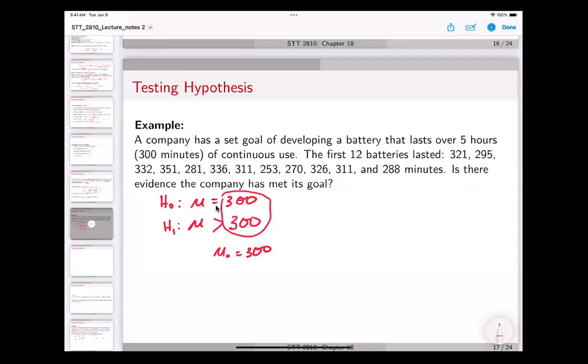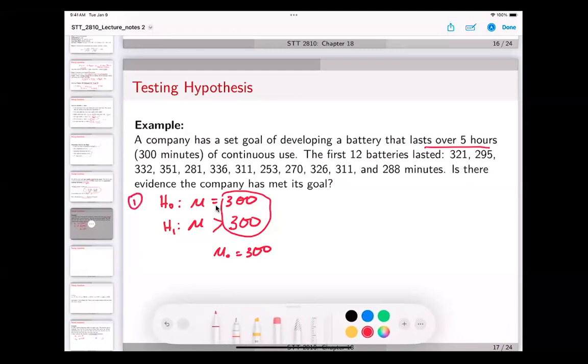the goal of the company is to have a battery that lasts over 5 hours. And I remember telling you that because the samples here are recorded in minutes, that is why we put 300 here instead of 5. Is that okay? So that is why you see 300 minutes here instead of writing 5 hours. So now we want to determine if there is any evidence that the company has met its goal. So step one is